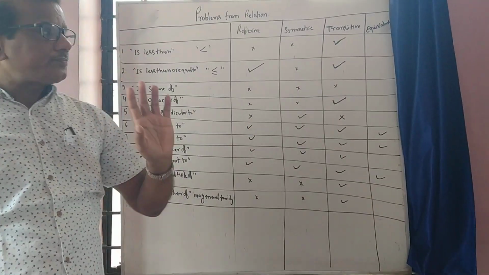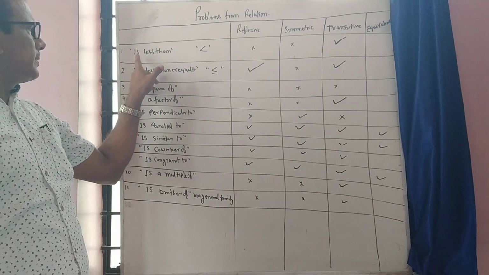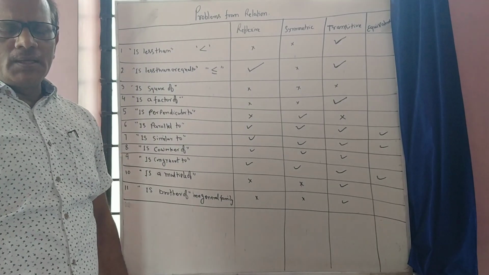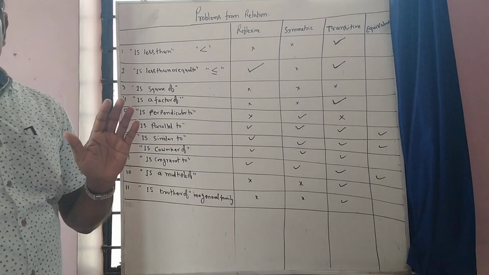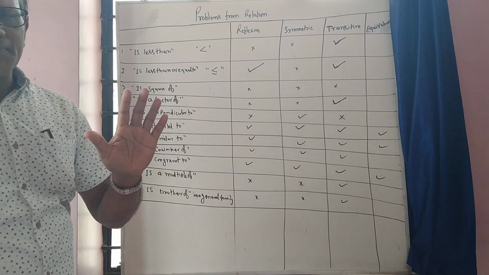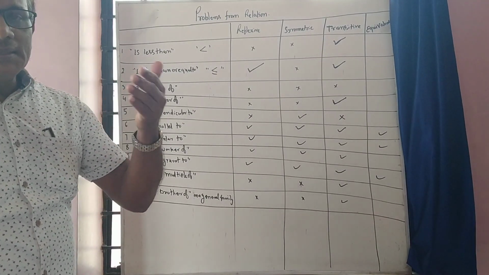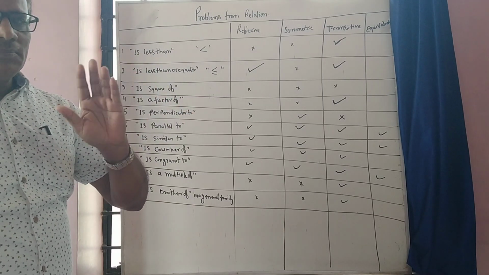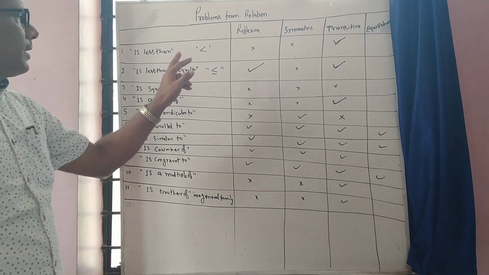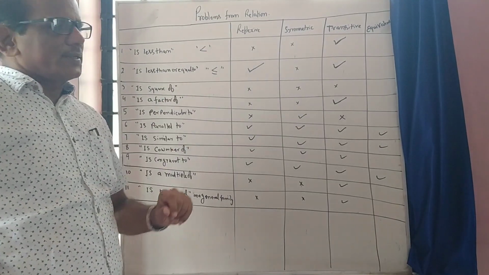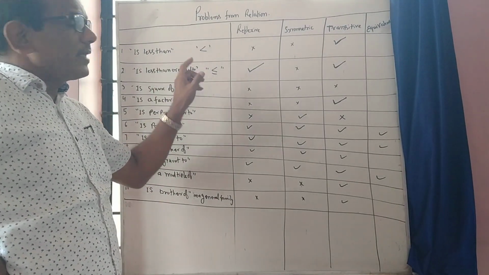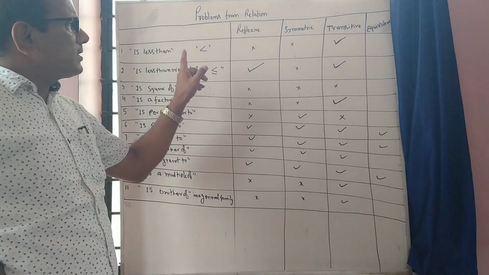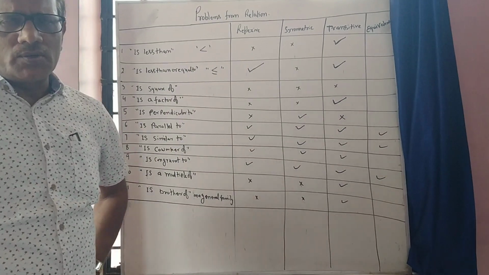Okay. Now, see the first relation I have taken here is the less than relation. Less than relation holds in simple algebra. One number is less than another number or greater than another number; both are the same thing. Here I have taken less than, on the set of real numbers. That is the question. First we shall see whether the relation is reflexive or not.